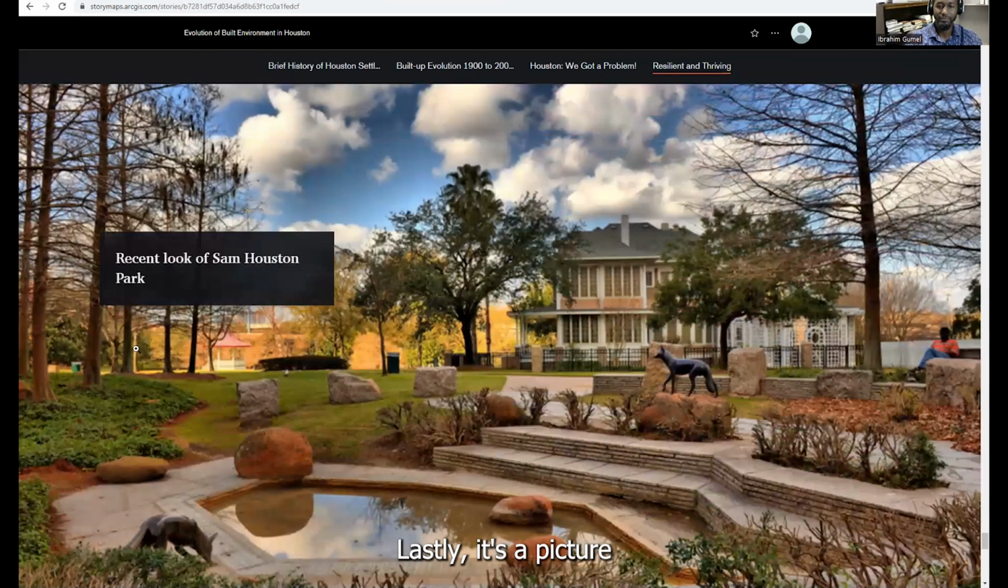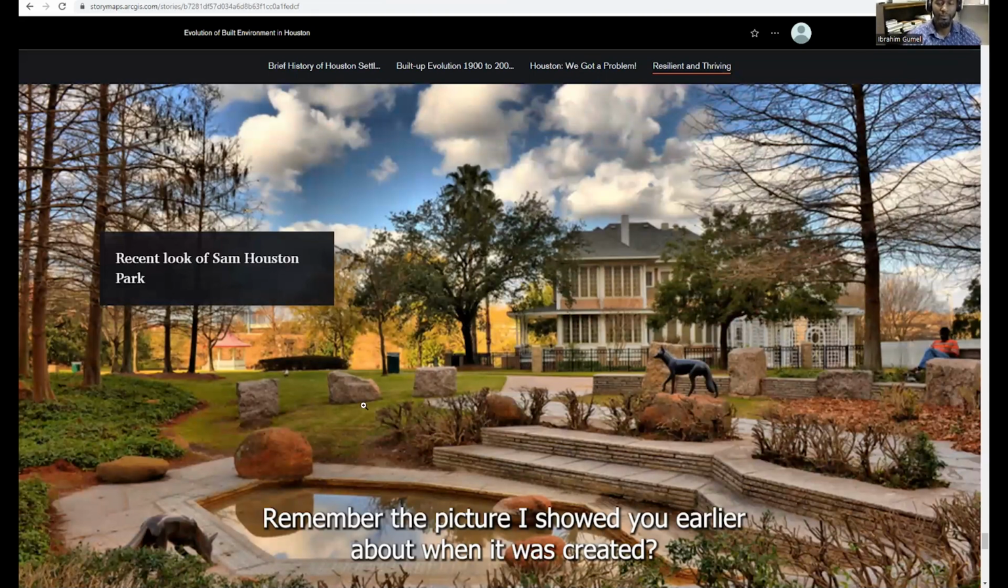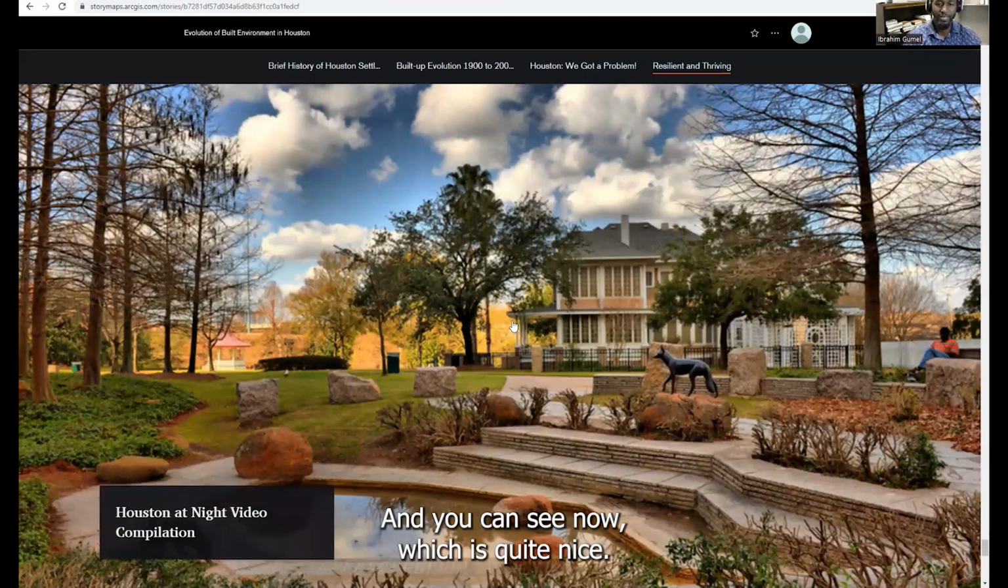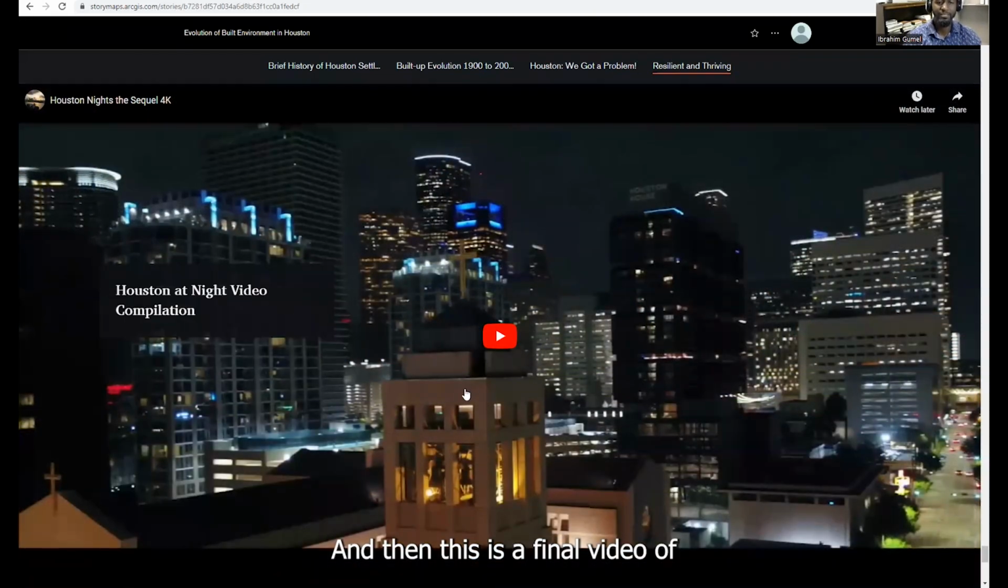Lastly is a picture of how Sam Houston Park is currently looking. Remember the picture I showed you earlier about when it was created, and you can see now it's looking quite nice. And then this is a final video